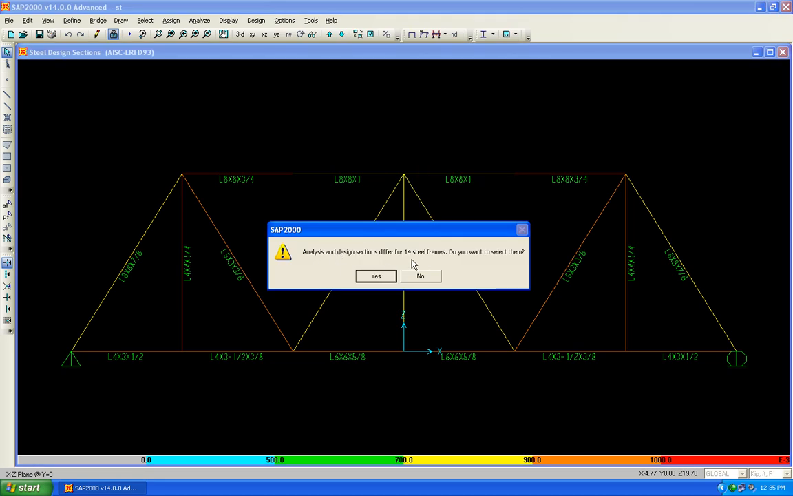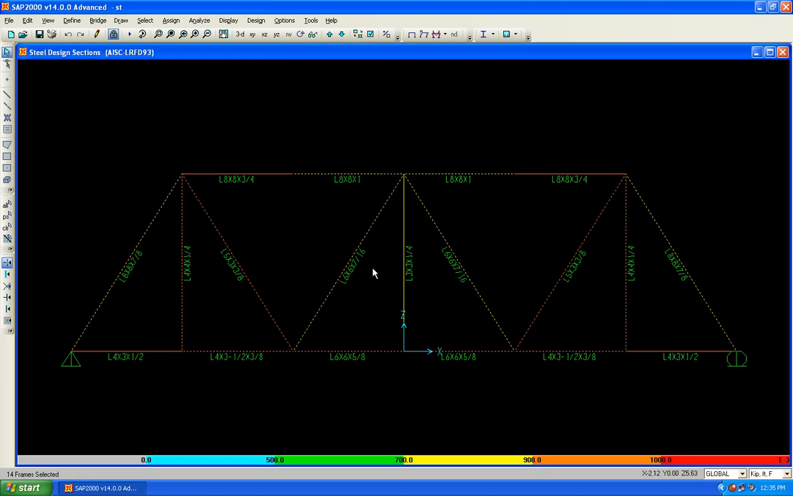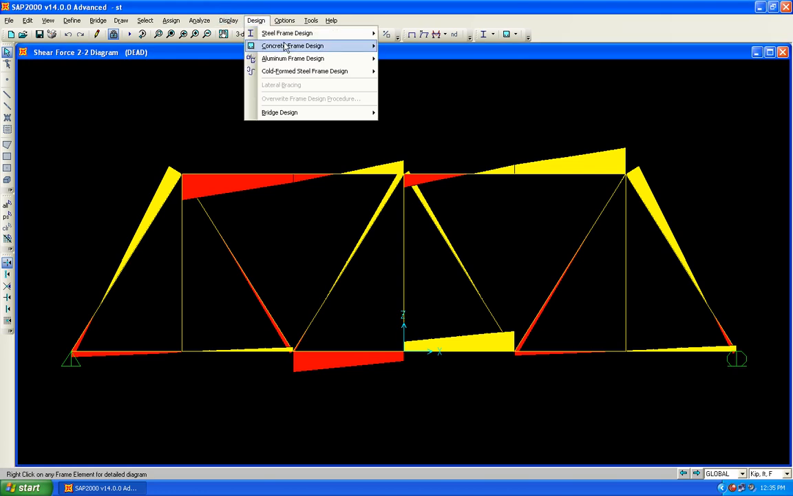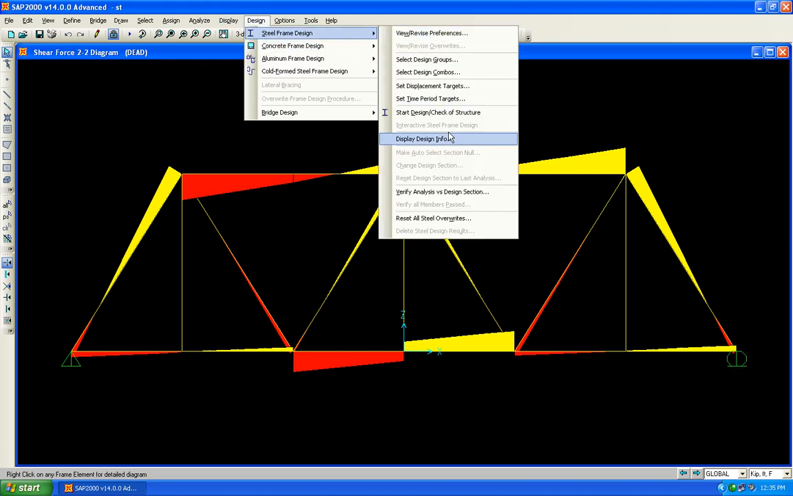Now here we have 14 members, first 15. Now 14 members are different from the analysis section, so you need to rerun and redesign again. Okay, so this is a kind of iterative process. Again run the analysis and go back to design, steel frame design,